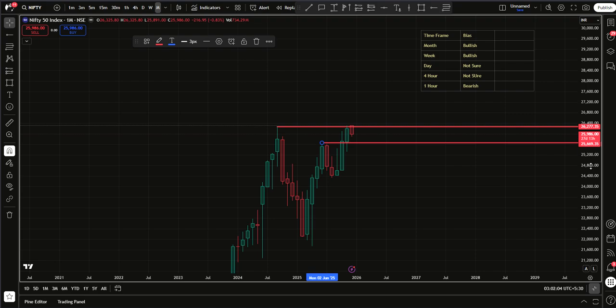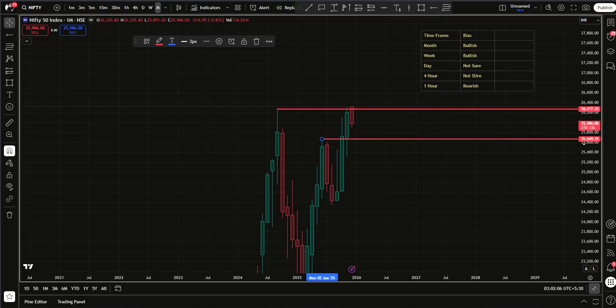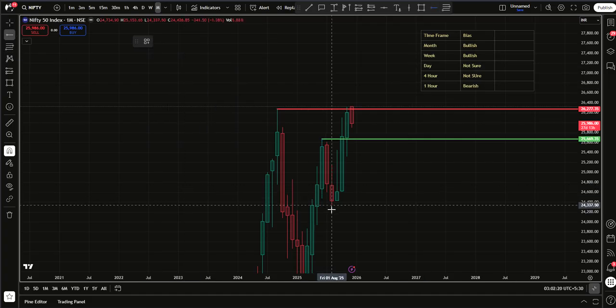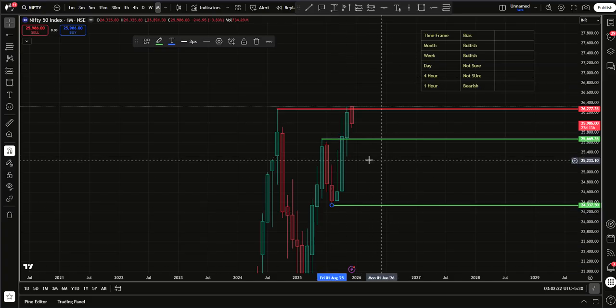That is 25,670. Let's mark it in green. Previous swing low is an important level, 24,337, and